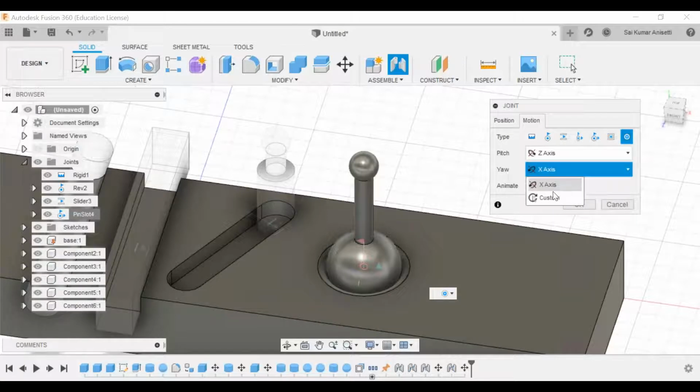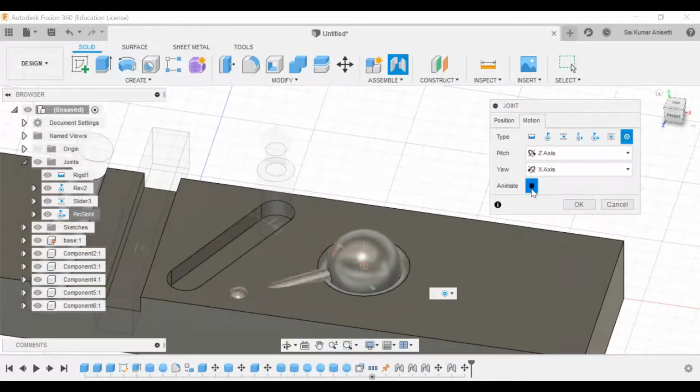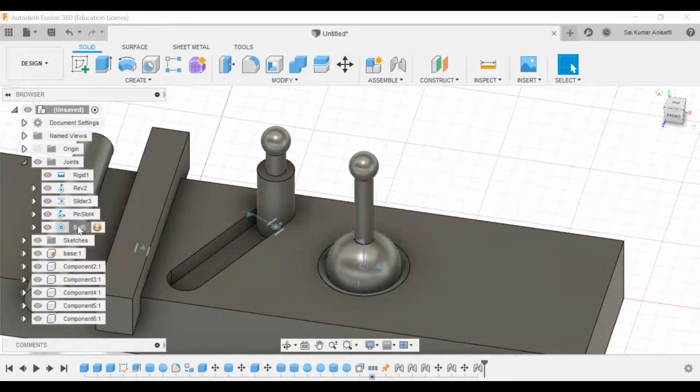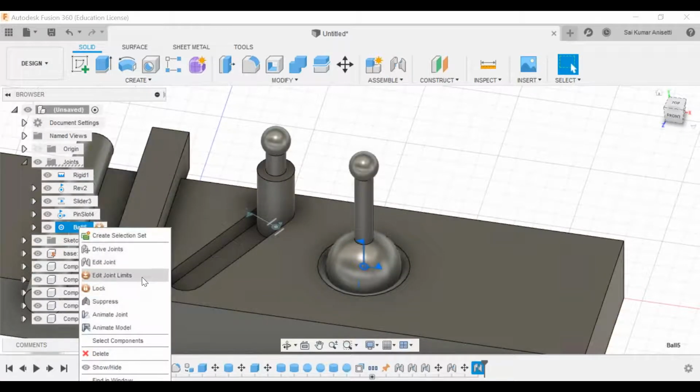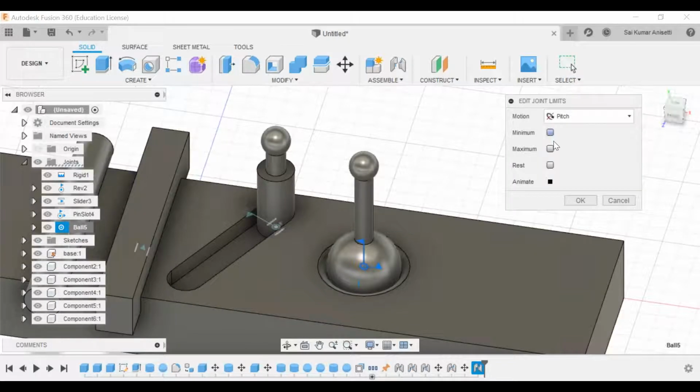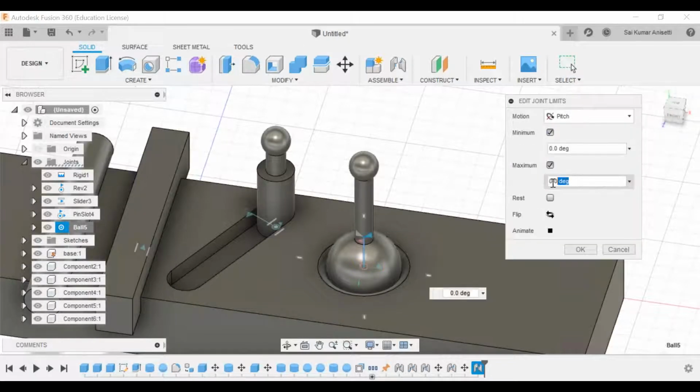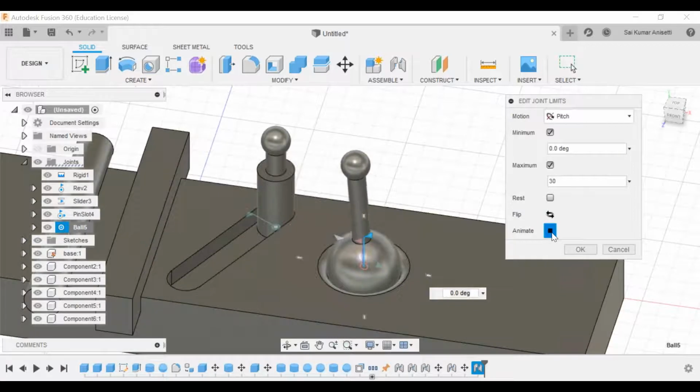If you have your custom axis, that means your pitch should be in this particular X. Let us click OK, and let me limit that in edit joint limits, and let me go around 30 degrees. Okay, so let me animate that.